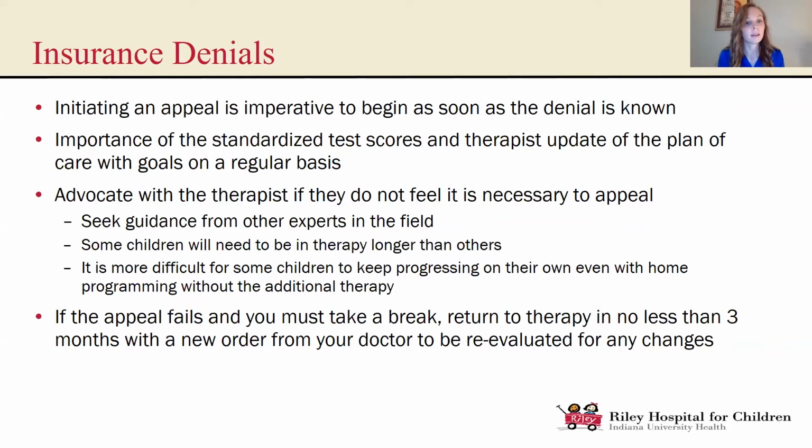Well, if a child is undergoing any kind of treatment, we need to keep eyes on them and work those muscles as much as we're able to so we can keep them moving forward. So it's important to initiate that appeal as soon as possible, as soon as we know. Sometimes, unfortunately, the families know before I know as a therapist. So keeping those lines of communication open so we can do our part of getting a hold of them or writing an additional note to